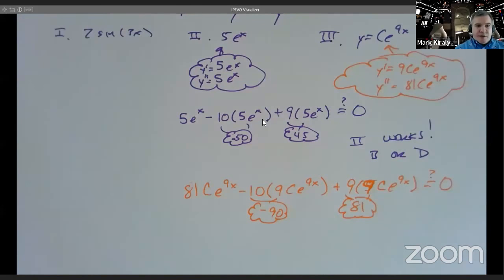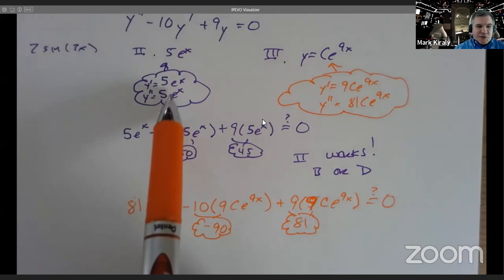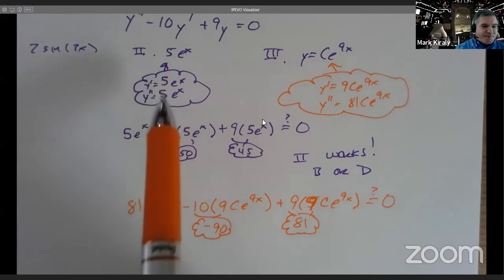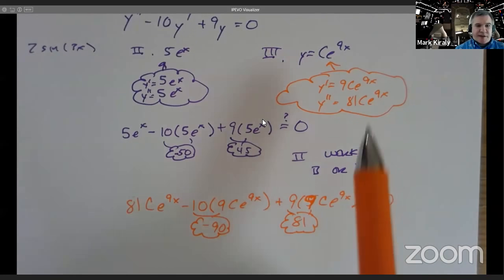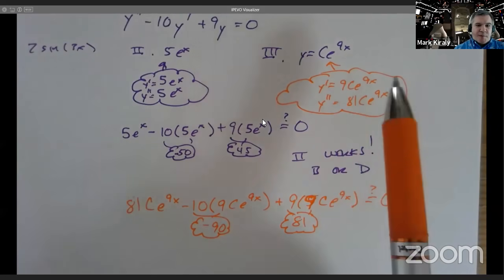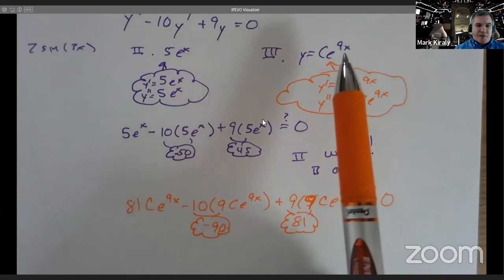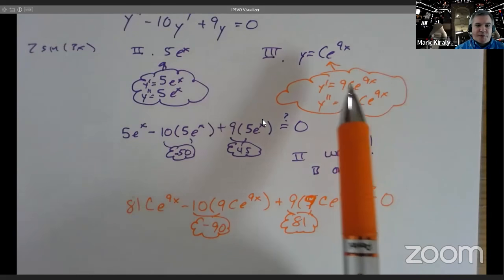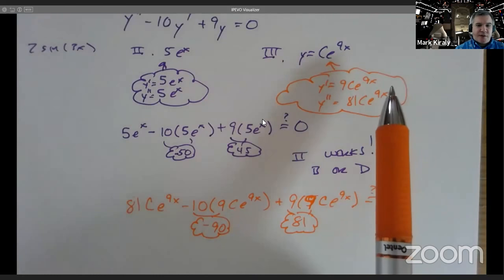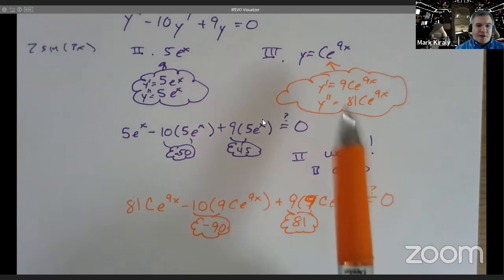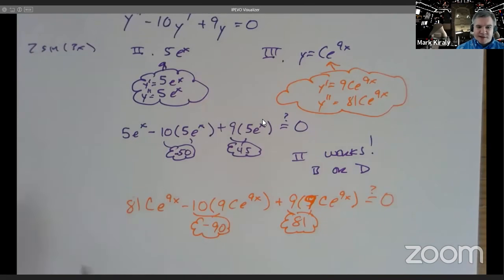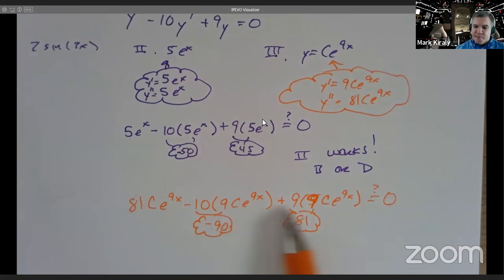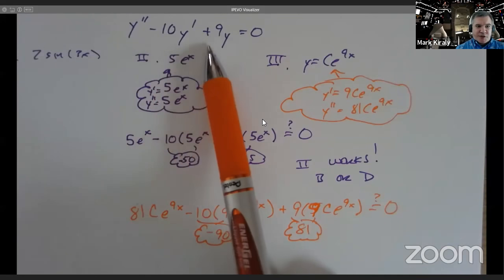So you can see where I did exactly what you were saying, where I did these in my head. And so it tested those and I saw 2 worked. So we're looking at B or D. Again, this can be a thought bubble or just work off to the side, but chain rule here. So our first derivative is 9c e to the 9x. And then for our second derivative, an additional 9 is going to come out and multiply and get 81c e to the 9x. And we're throwing that back into our differential equation.